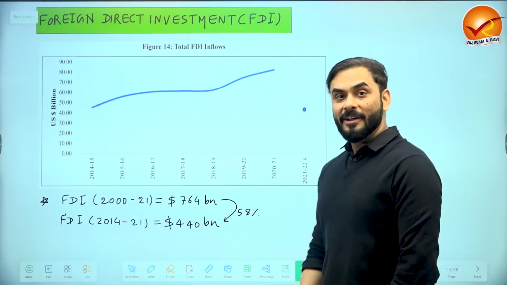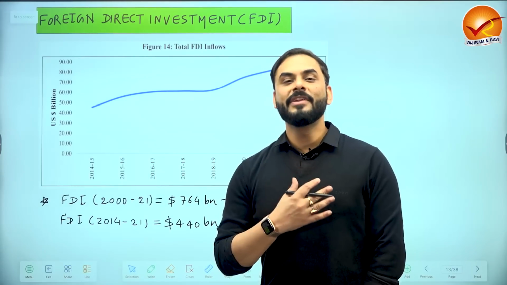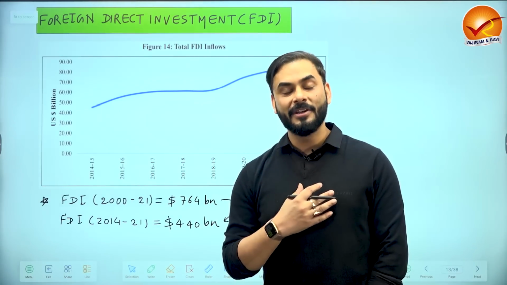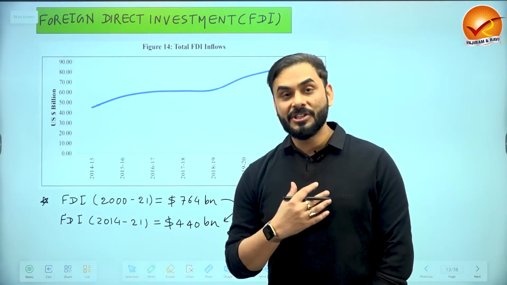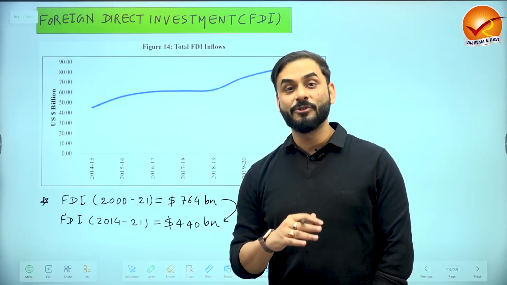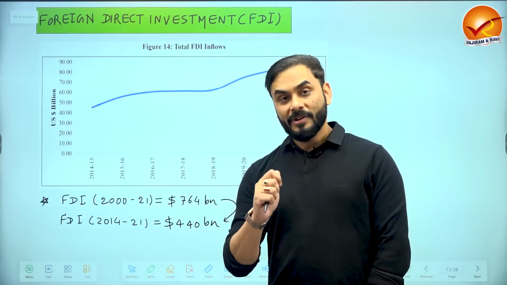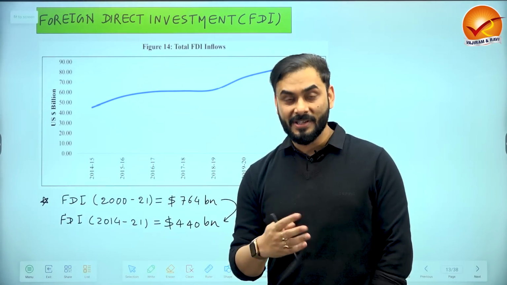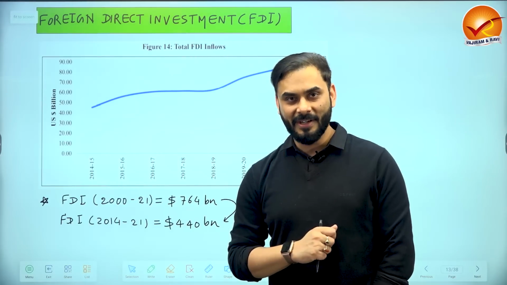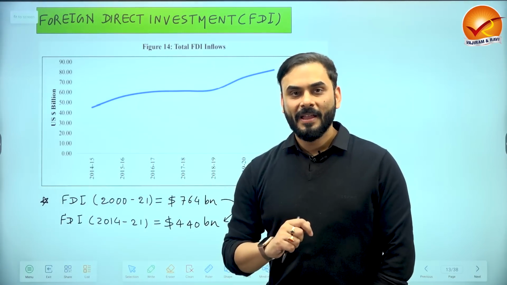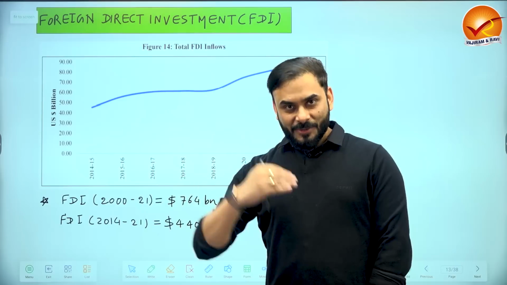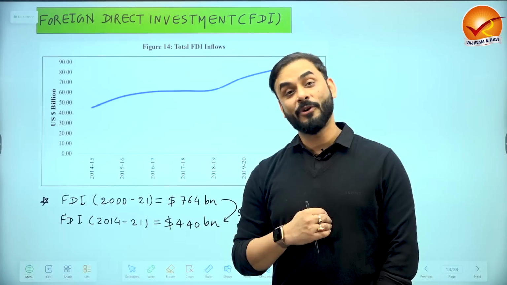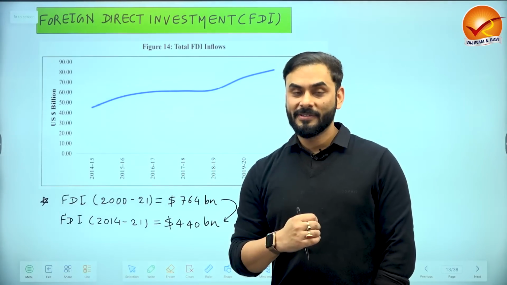Now guys, let us look at foreign direct investment. Why do we need foreign direct investment? We need foreign direct investment because our own capital is not sufficient. Our domestic savings and investment are not sufficient, so we need the help of foreign capital. Whenever somebody brings foreign direct investment, they also bring technology, management, good practices, experience, all these things, right? Suppose I have a company in India and I am allowing foreign direct investment in my company. Somebody from the US wants to invest in my company, called foreign direct investment. Would I allow it? Maybe.